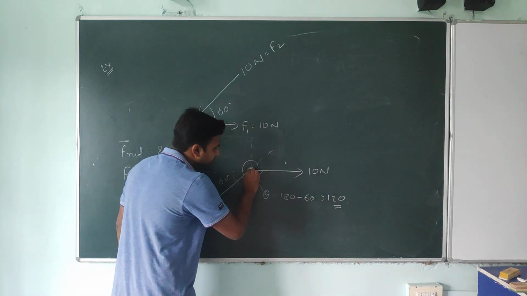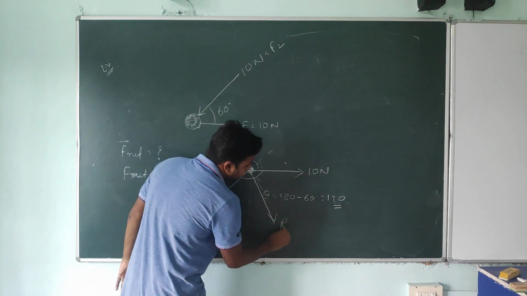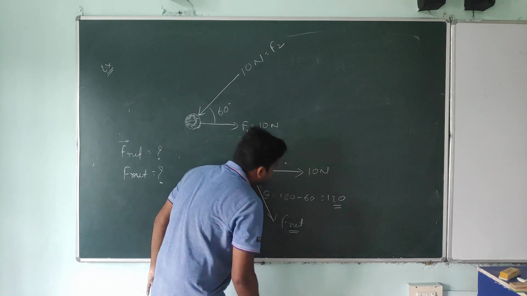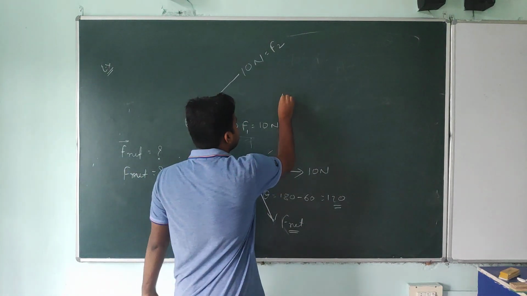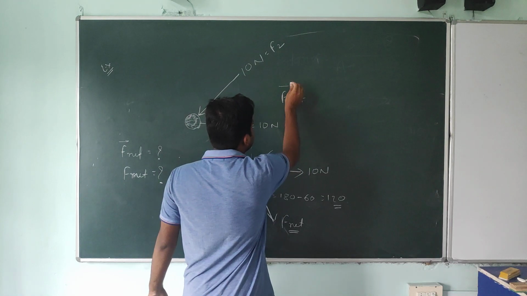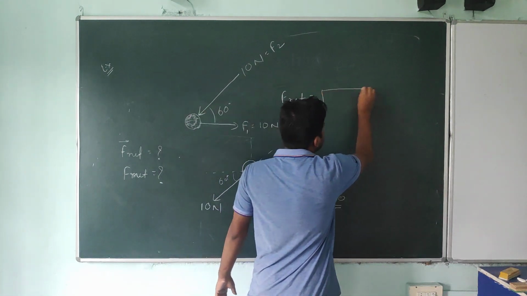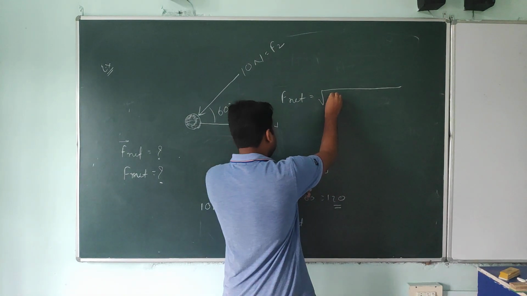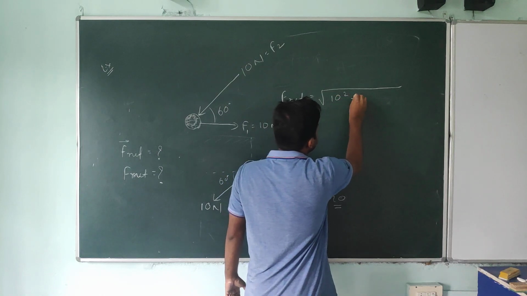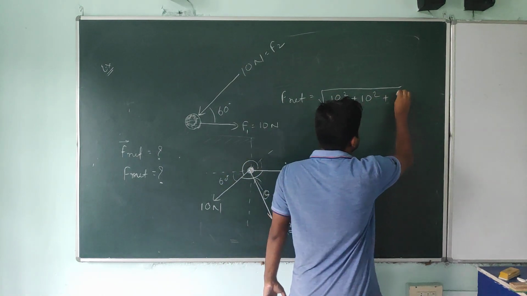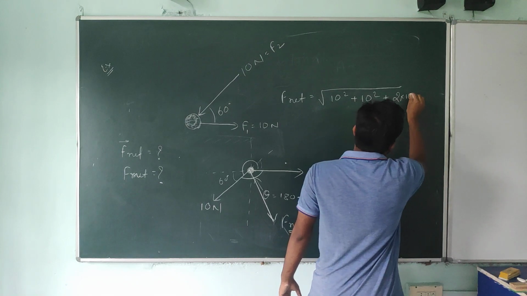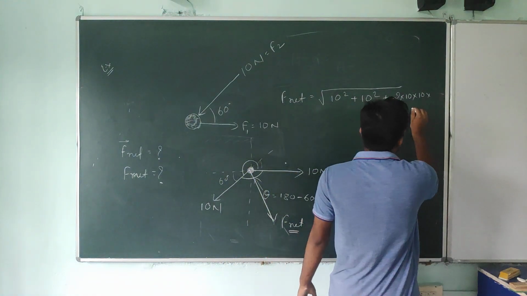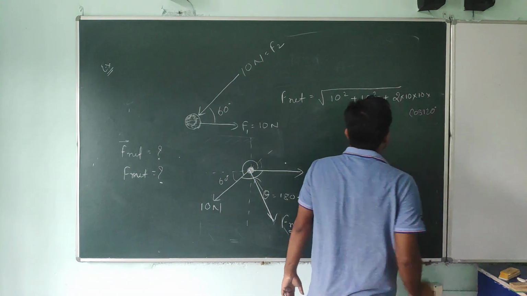Okay students, if it is a 120 degree angle, now we have to add, which means the resultant force you will get in this direction is F net. Now first I am finding the F net magnitude. We know the magnitude formula: R squared equals A squared plus B squared plus 2AB cos theta. Here A is F1, and the value of F1 is 10, so 10 squared plus 2 into 10 into 10, and the angle between these two vectors is 120, so here you write cos 120.